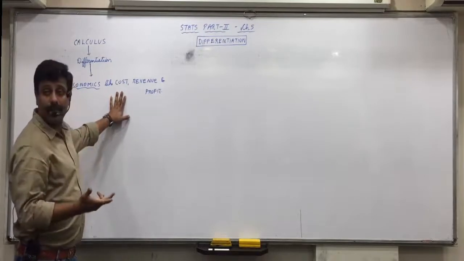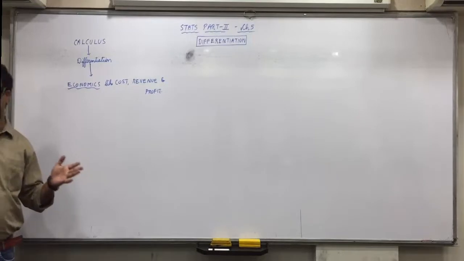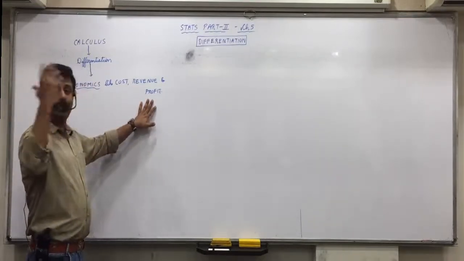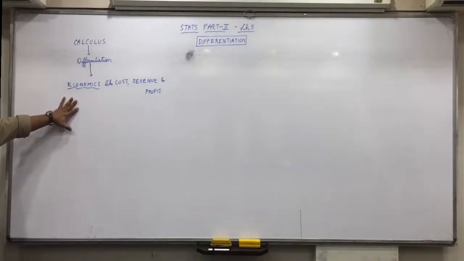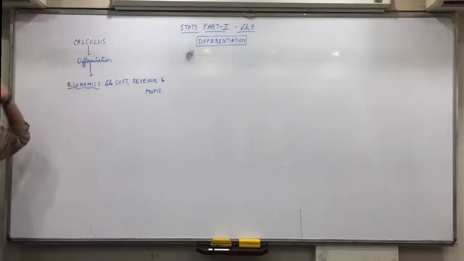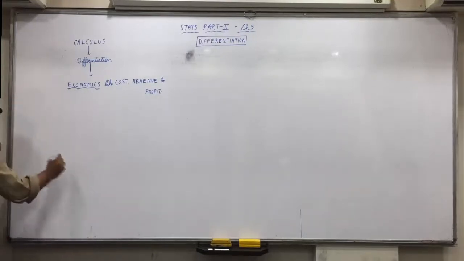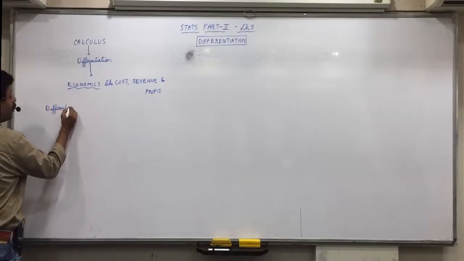And you'll be interested in knowing at what number of units your revenue would be maximum. And also you'll be interested in knowing at what number of units your profits would be maximum. The answers to all these questions can be obtained by differentiation. Okay? What is the meaning of differentiation? Simply, differentiation means a technique to find